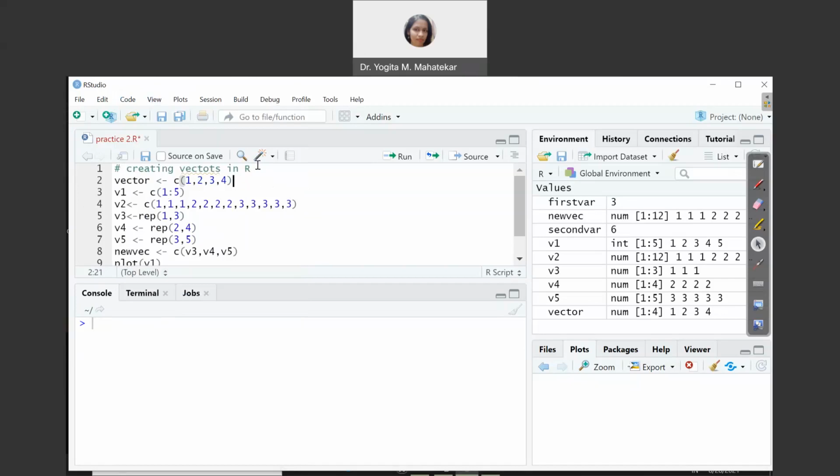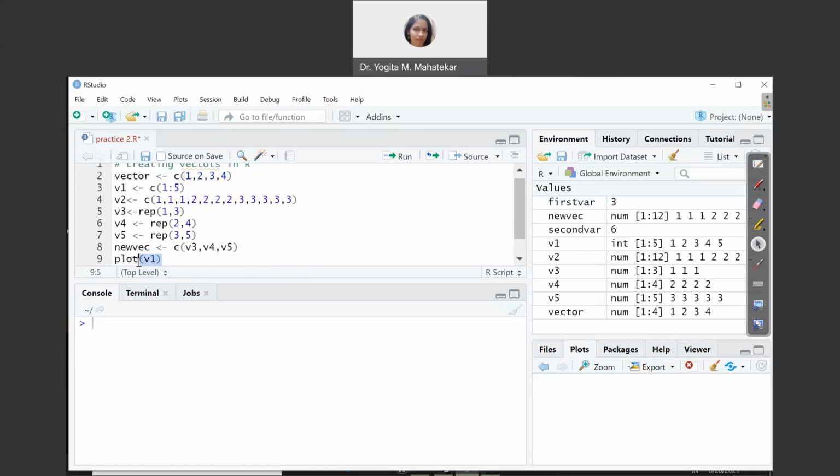The last thing that I wanted to tell you in this lecture is loading one script on the other script. So what you do is just click on source of the first script. Suppose I just remove these two commands. Plot commands we will discuss in the next session.